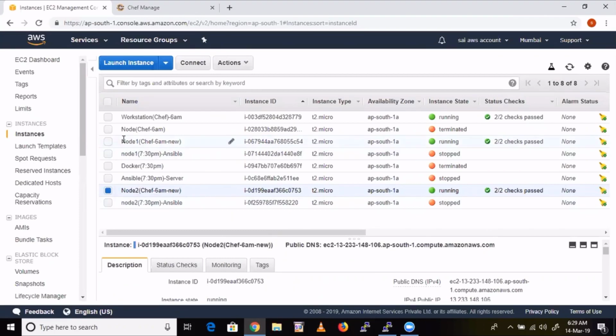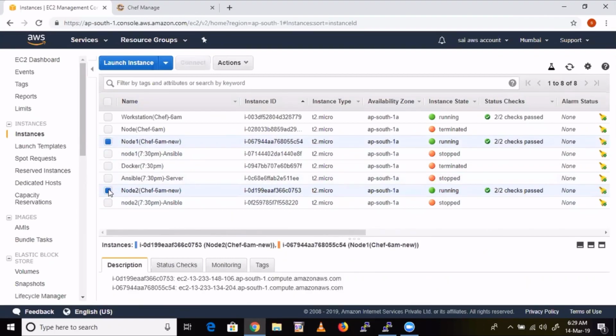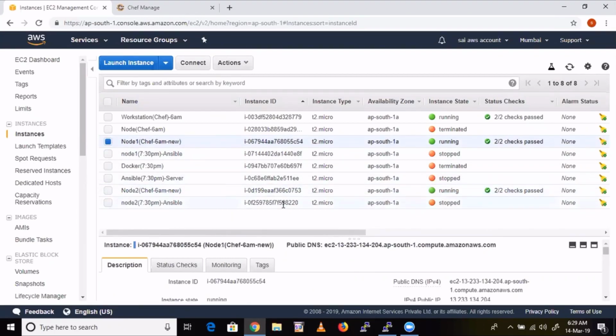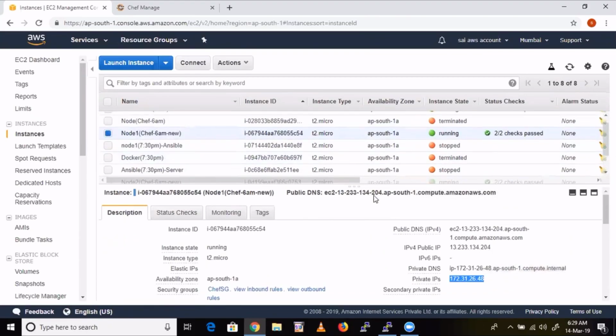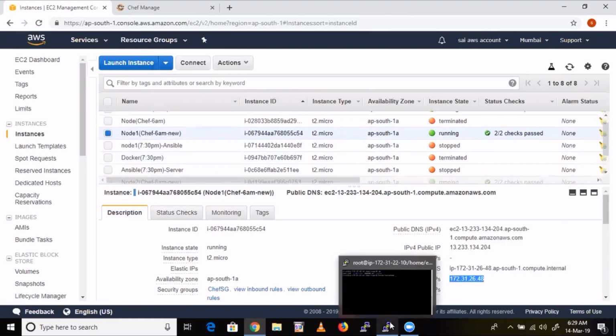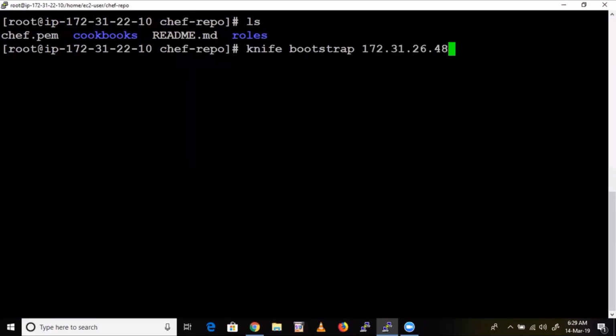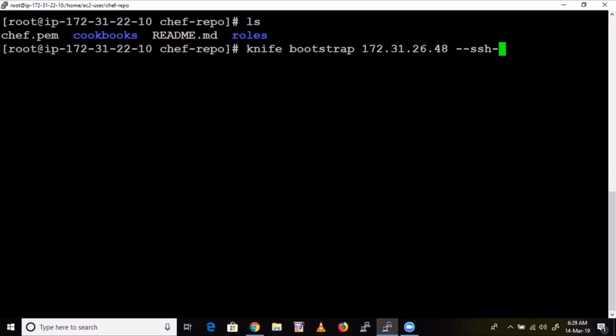So take node 1's private IP. This is node 1's private IP, right? Okay. So paste it here.